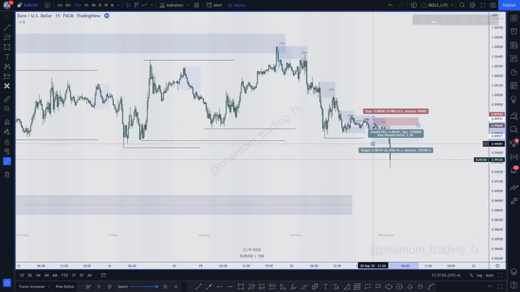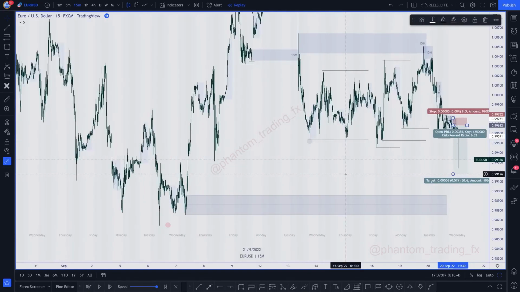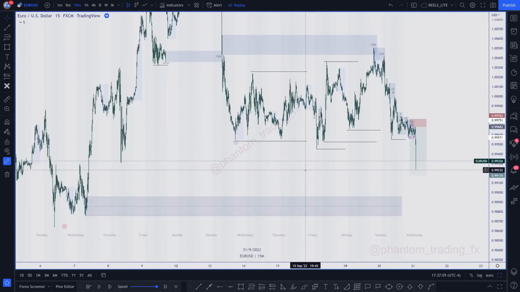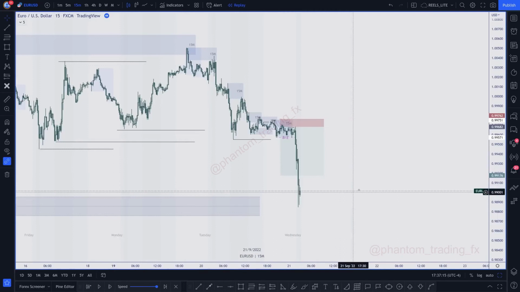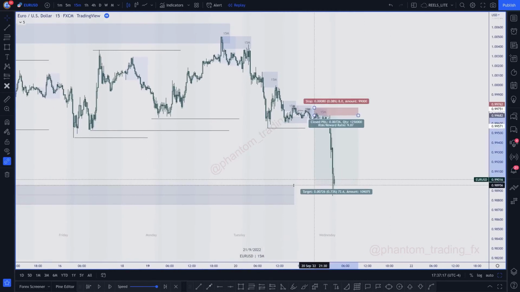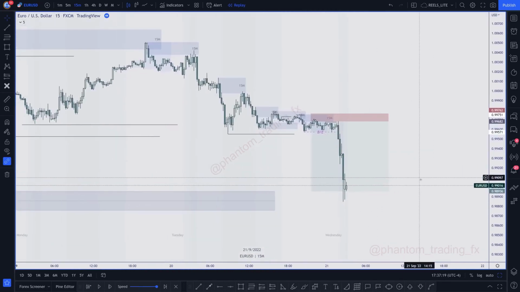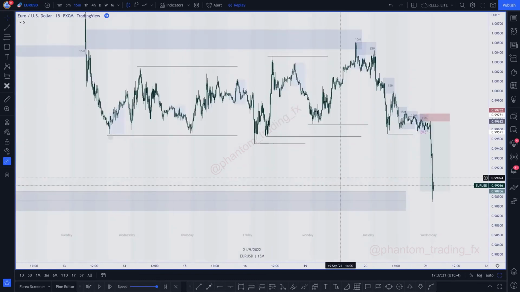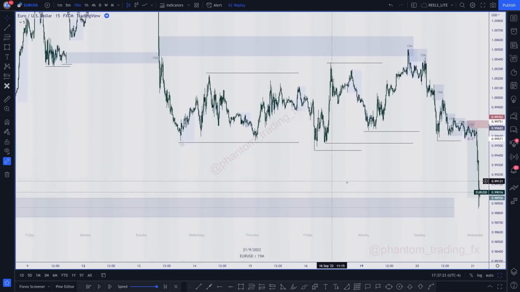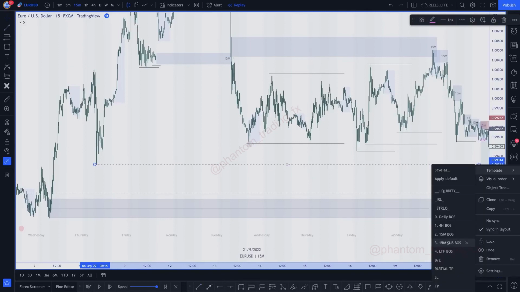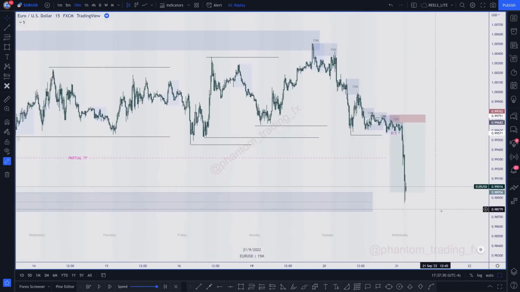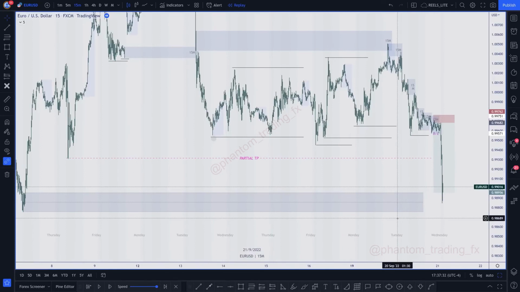And excuse me, again, the way that I targeted it, it wouldn't have been here. It would have been around here that I targeted. So I'm trying to remember exactly why I exited at that level. It was a little bit further down. Let's see. Oh, it might have been because I was setting partials. All I know is I ended up netting something like 6.5R. It might have been because I set partials here. I honestly don't remember. I'd have to go look at my trade journal, but you can kind of see here